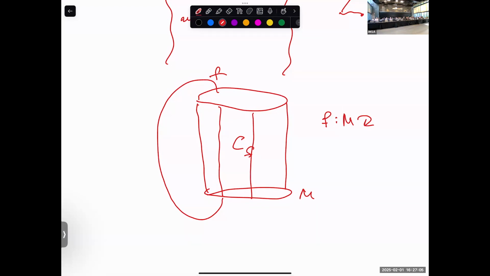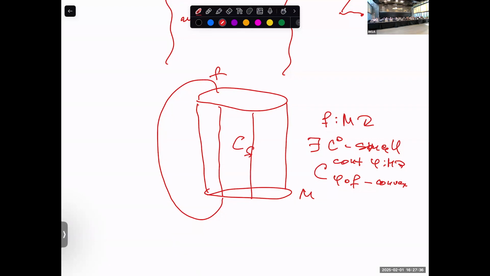And this can be done by composing with a C0 small contactomorphism phi, such that phi composed with F is convex. So if you just do this definition, as I said, call a contactomorphism convex if its mapping cylinder is convex,